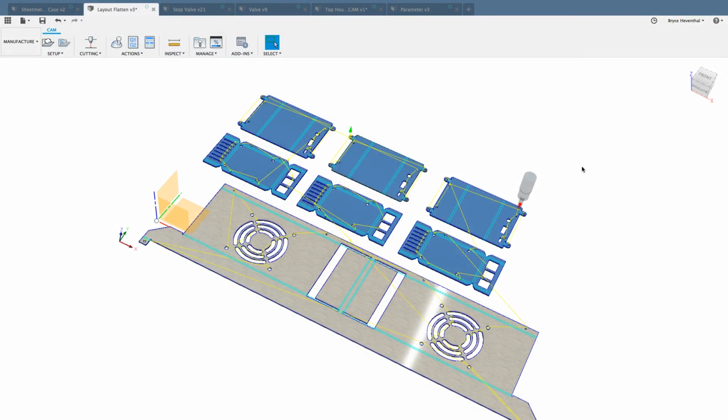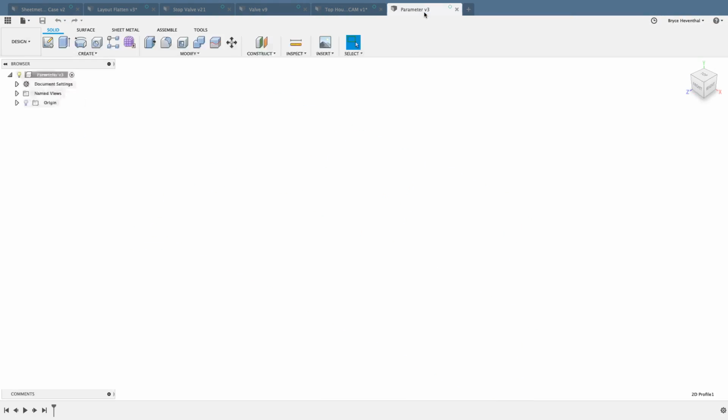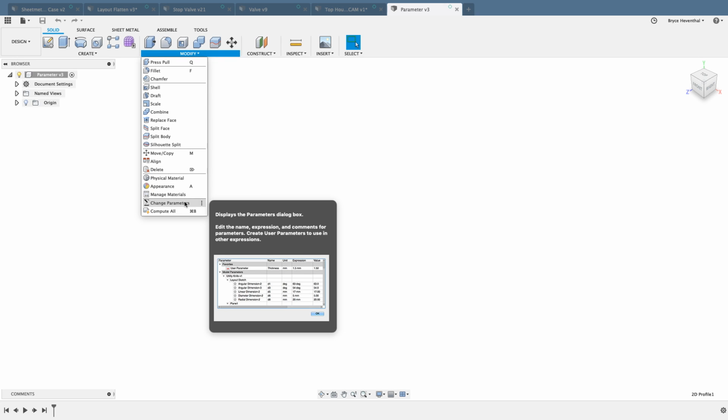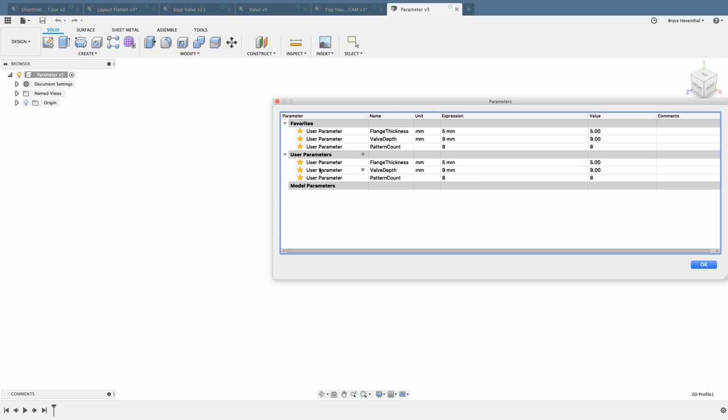This last one's a little bit more advanced, so don't get too scared here, but this one is for, I would say, your expert CAD users or the Yodas out there. So what I've done so far is I've created a parameter file. It's blank. You could check it so far. It's nothing too exciting in this example. But if you go to Modify, Change Parameters, I've added a couple parameters, and I'll go ahead and add